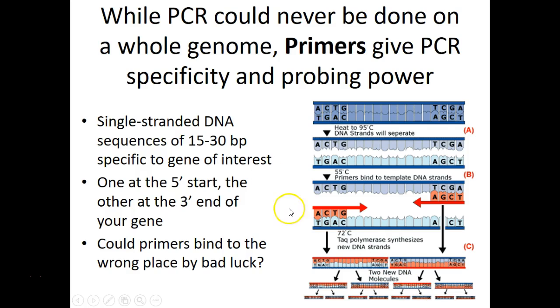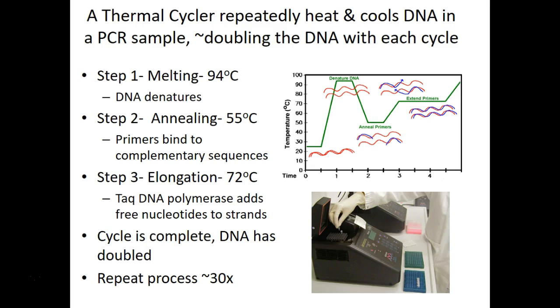And as long as our primers are 15 to 30 base pairs long, we could never bind to the wrong place by bad luck, because 4 to the 30th power is effectively a unique sequence. The chance of another sequence matching that perfectly in that genome is less than 1 in a million. So again, we heat, we break the hydrogen bonds,